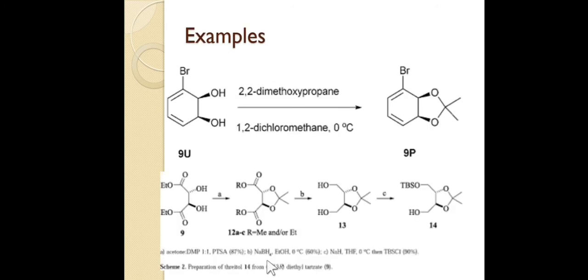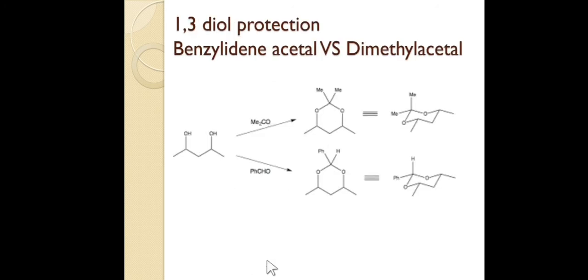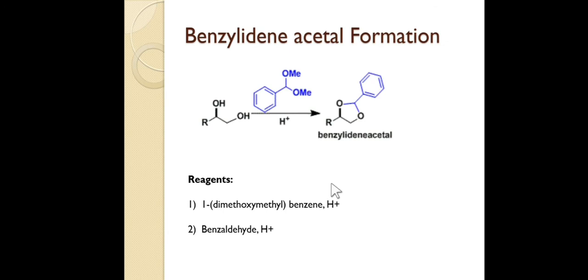Also we discussed some examples and the formation of benzylidene acetal versus dimethyl acetal. As we already discussed, this methyl group is axial and causes 1,3-diaxial interaction. So for the protection of 1,3-diol, most people prefer benzylidene acetal protection. We saw the formation of benzylidene acetal in presence of